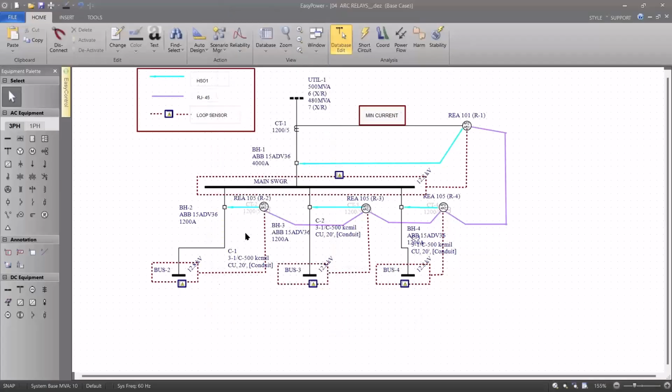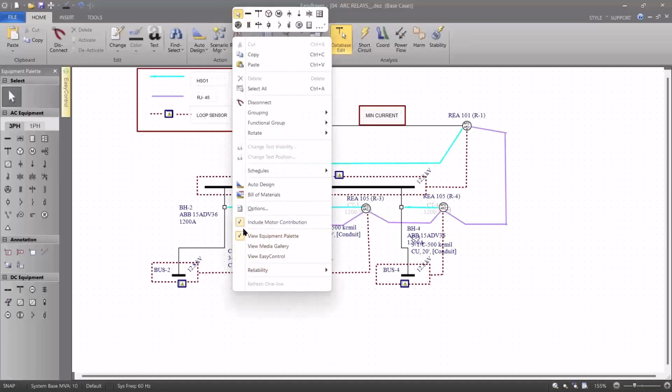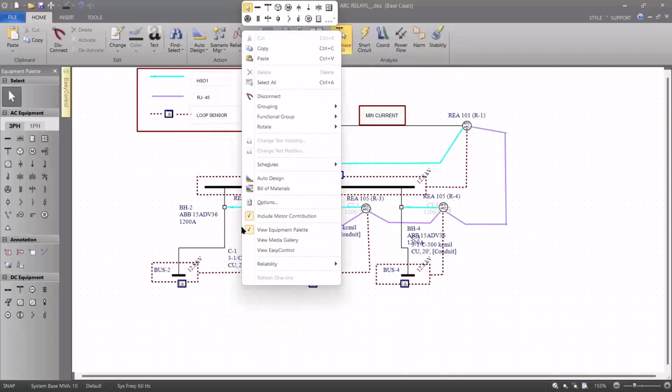So if we right click, I'm in database edit. If I right click, there's a checkbox here that says include motor contribution. So right now, if I fault any bus or any fault in the system, it will include motor contribution from any motors that are affected by the fault. If I uncheck that,